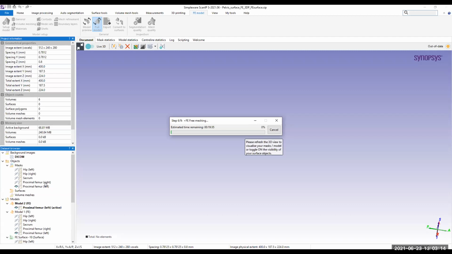Okay, sir. Then if we model and print that component, what will be the life of that component? How long will it survive in the body? That is what we analyze using the simulation.